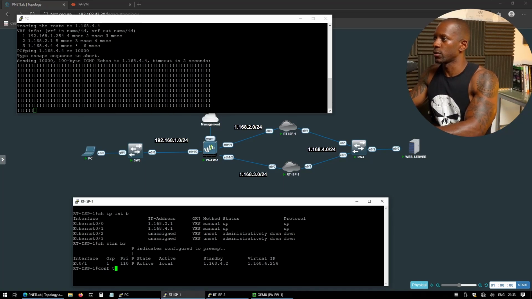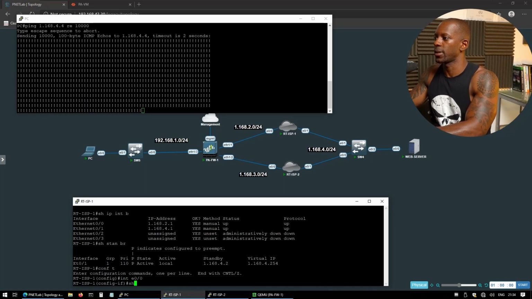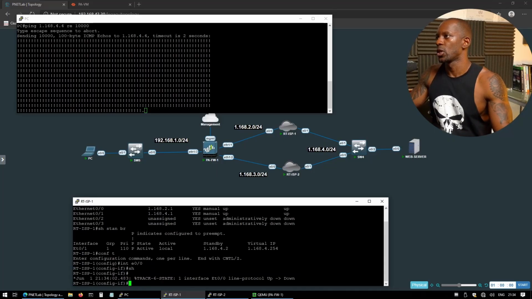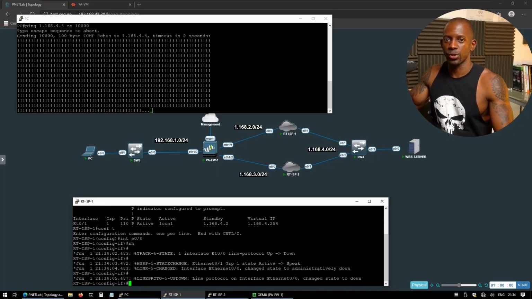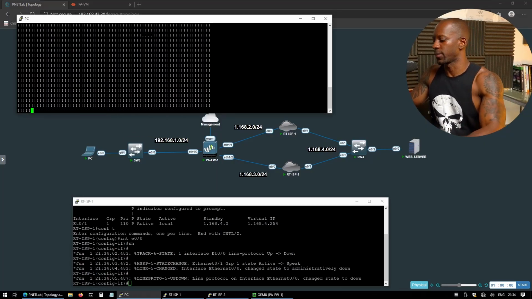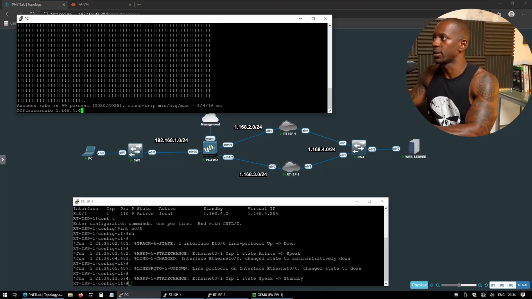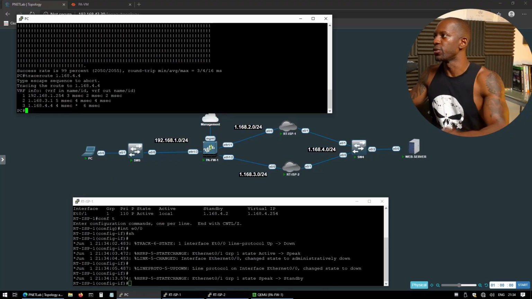And now if I go to ISP E0/0 and I shut down this link, we should see that we're going to lose a couple of packets there, but it's going to recover. Okay, you can see it already recovered. We lost a couple of packets there. So now let's run the trace route again, and we are now using the backup link. As you can see, this is the Palo Alto IP address and this is 3.1. So we are now using this link, and the gateway is also replying through this link